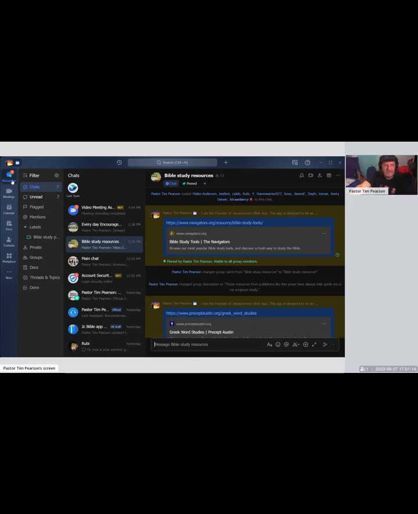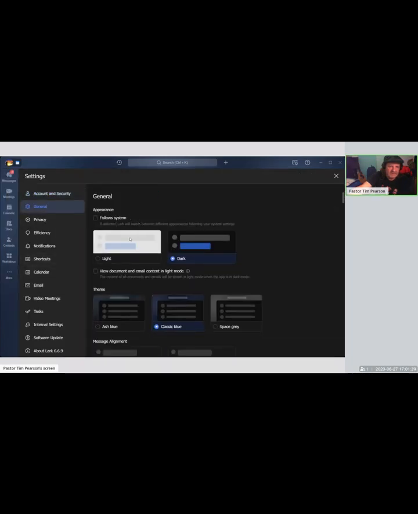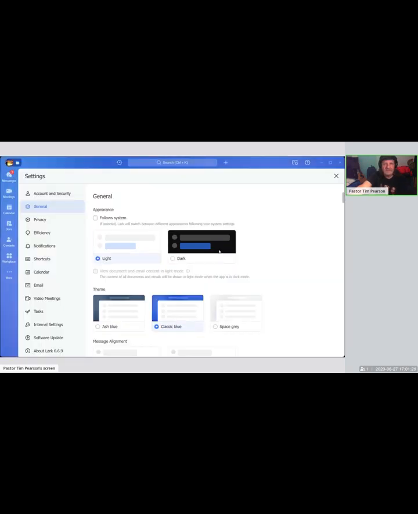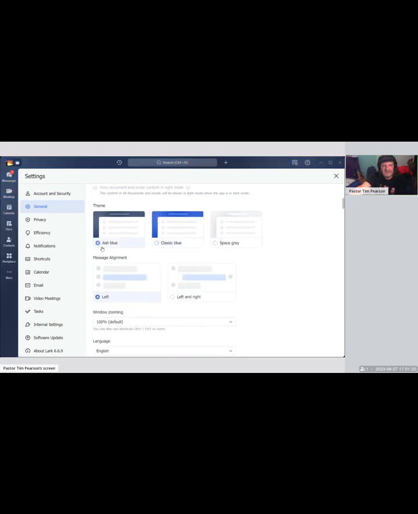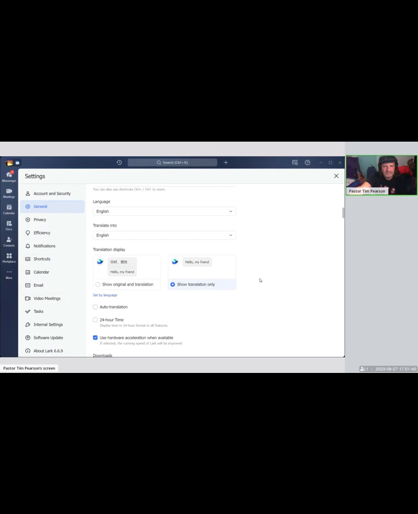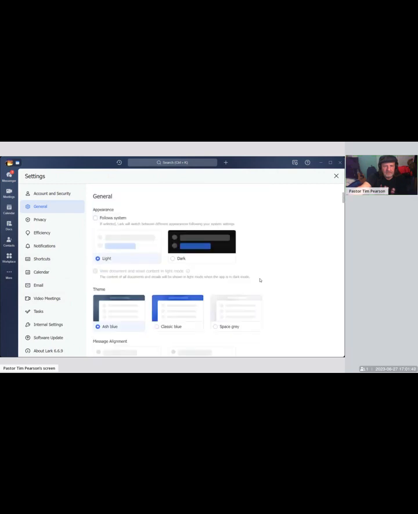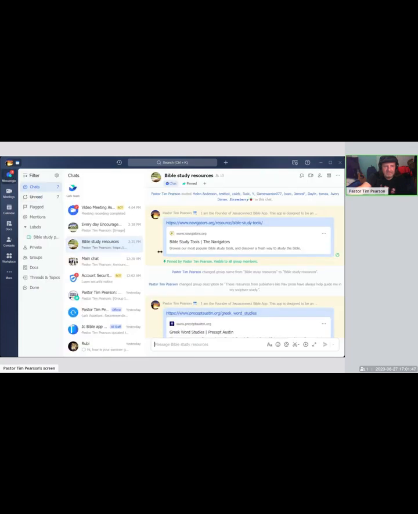That looks more like Discord. Or you can just go back into your settings and just do light. I like the light. I kind of like the one that we had. I think that looks good. All right. So you see that you're not going to get that much customization, but what you will get is an amazing site